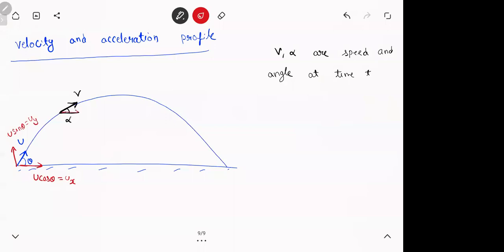Here the horizontal component will be u cos theta. The vertical component will decrease a little, it will become smaller. Once you reach the highest point, the horizontal remains the same and the vertical becomes 0. Remember, we wrote in the beginning that when you throw a particle horizontally there is no acceleration, so the horizontal speed remains the same, but the vertical decreases. Then while coming down, the horizontal again remains the same. The vertical will start going down now. The arrow will reverse the vertical direction. Once you reach here, you come back with the same speed, but the direction has changed.